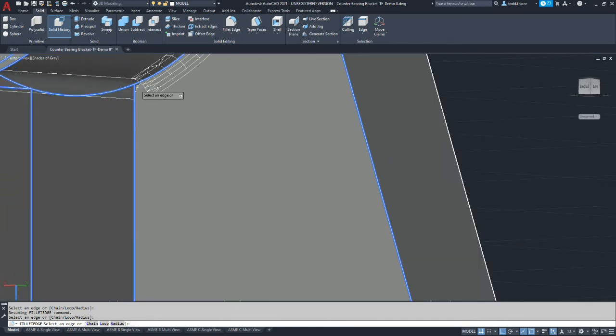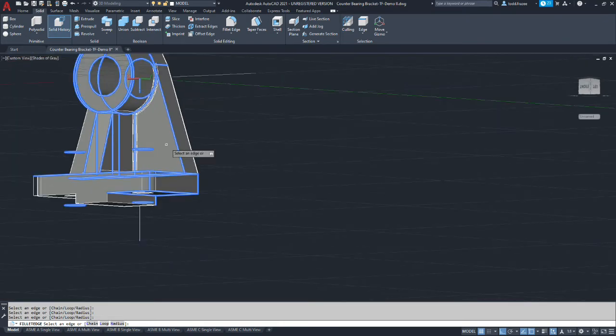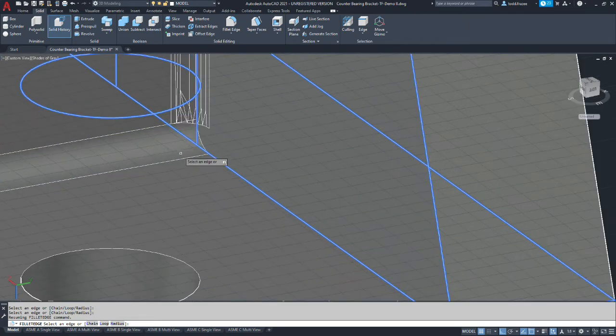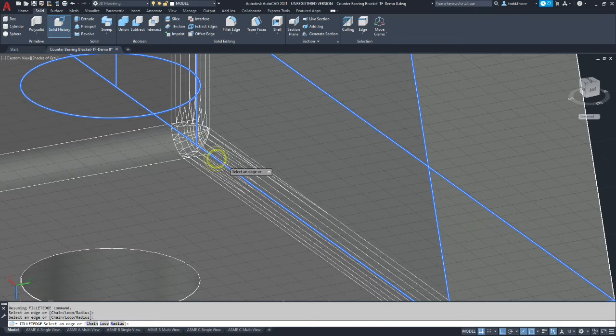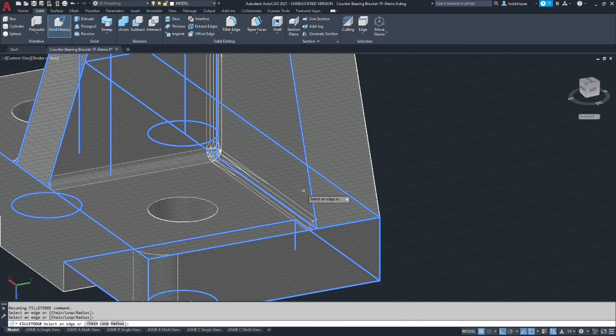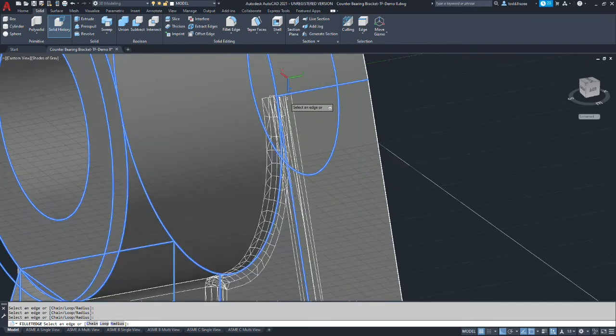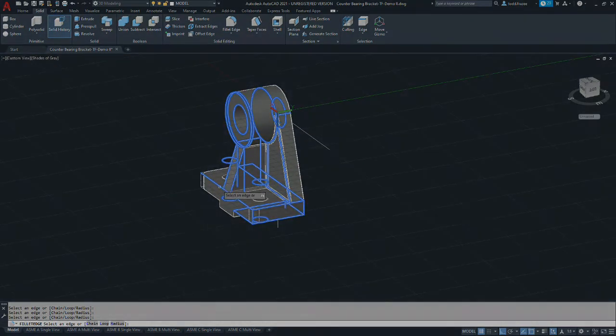Probably got to zoom in, but you got to select the fillet you just created. And then we select all the way around in a chain. And we're going to include the round on the outside. And we should have that go all the way around.